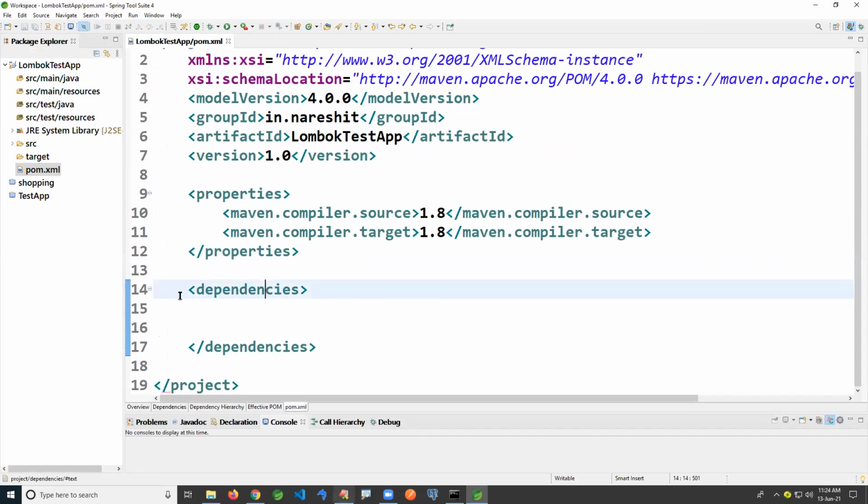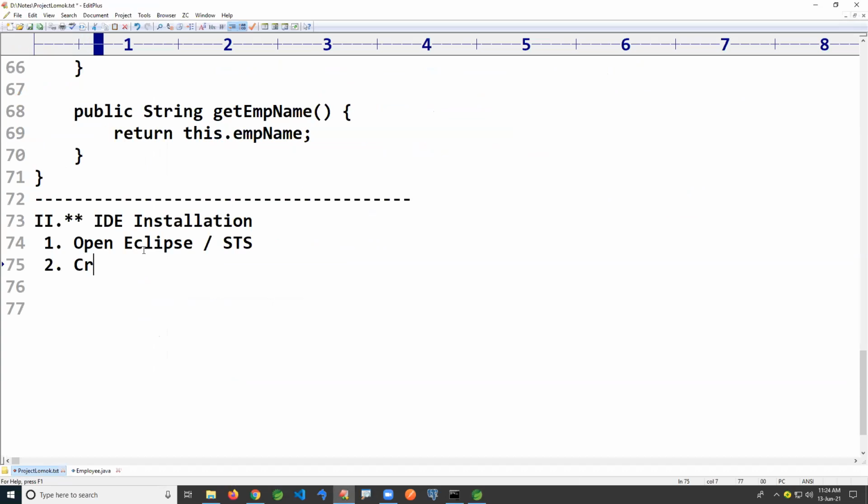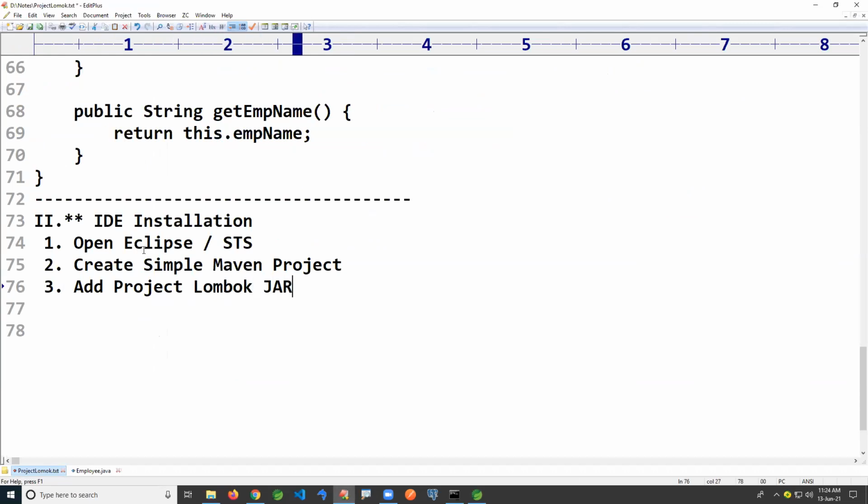So go to your Eclipse or STS, create a simple Maven project, update the JDK versions and all. Add the Project Lombok jar, that is the dependency.